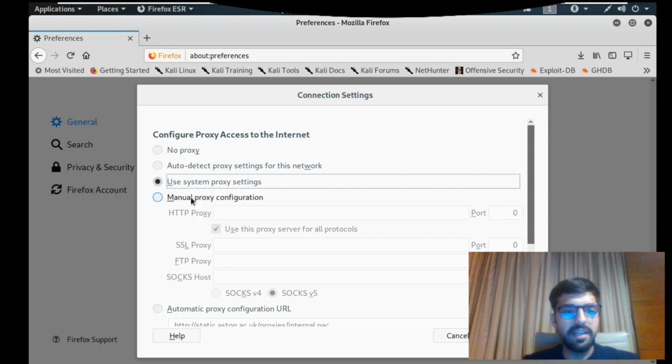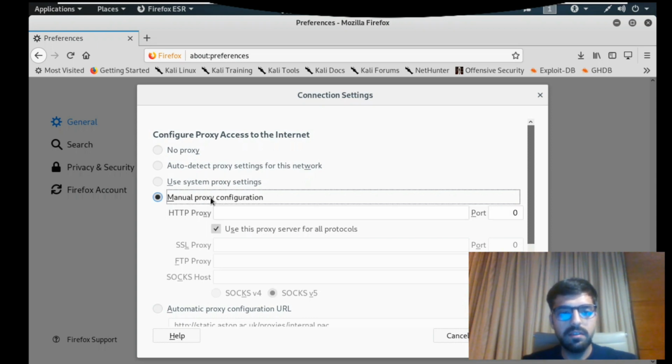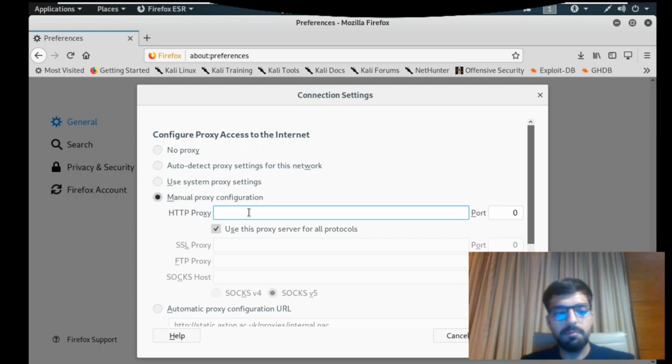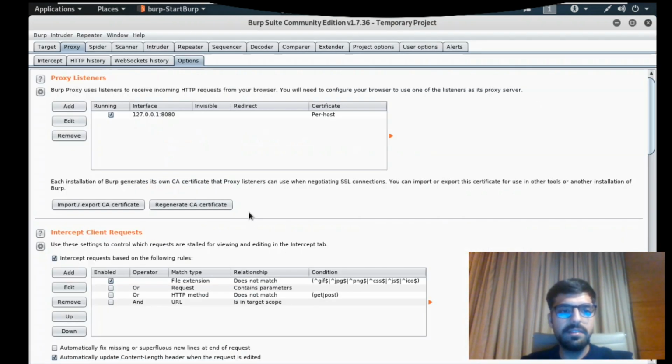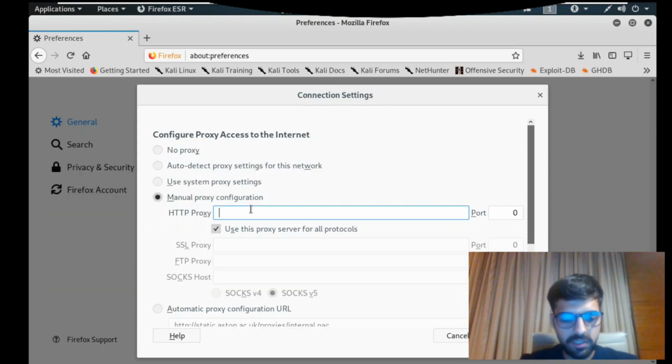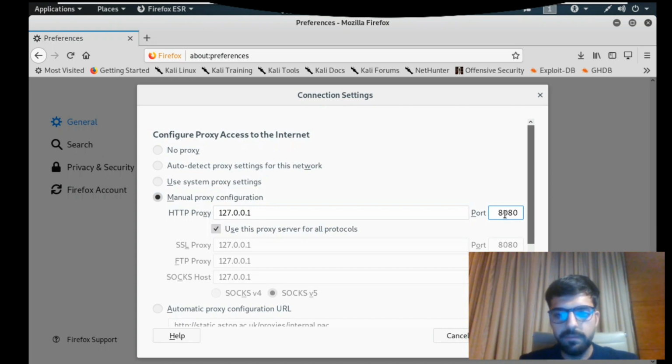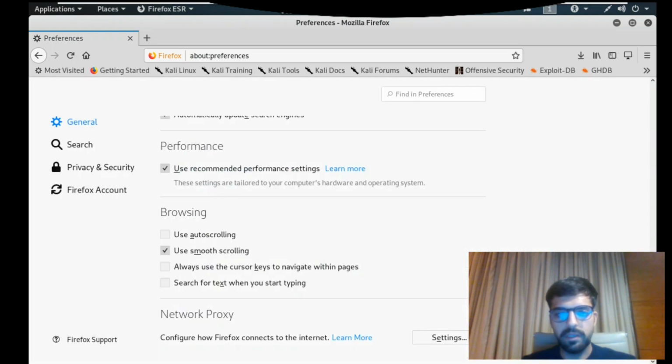So we need to select manual proxy configuration. Here in HTTP proxy you need to set the address, which is 127.0.0.1, and the port number as 8080. Then click on OK. Now it is configured.